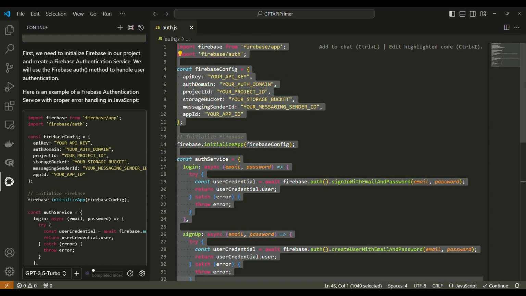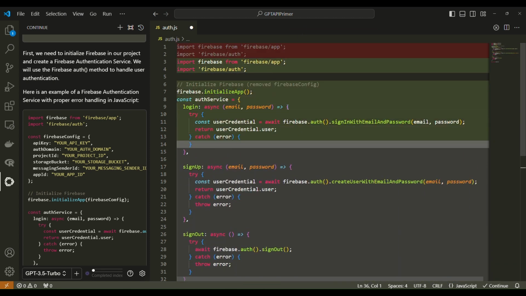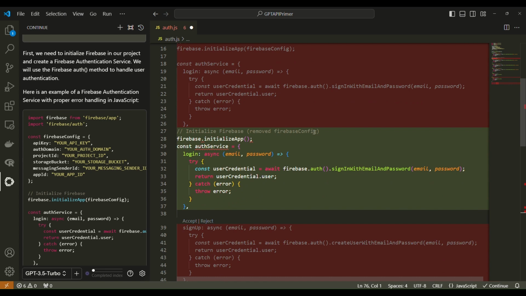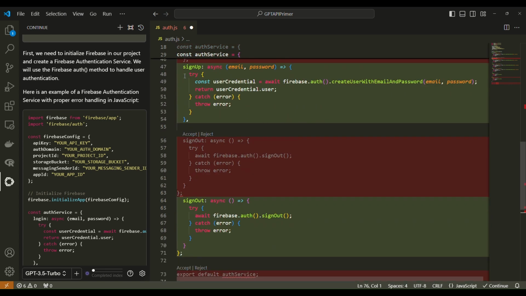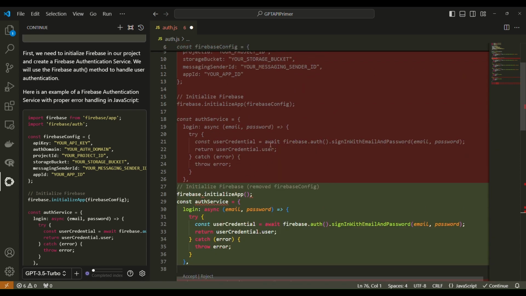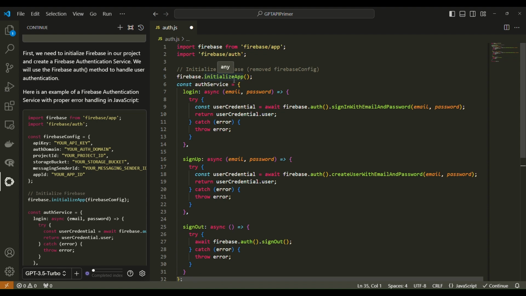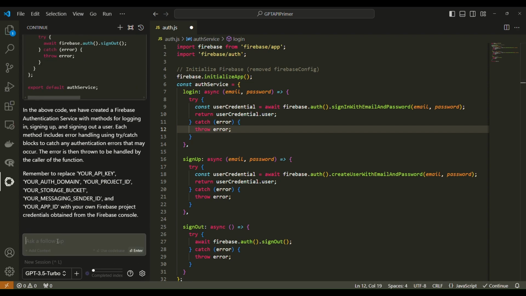What if we do this to the entire file? Running the diff assumes that you already have a config. Let's see now. So as you can see, we already do have code for handling login, sign up, and sign out. However, I find this throw error is too generic. Let me see if